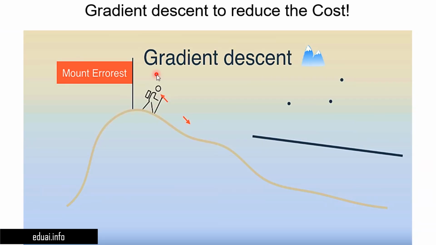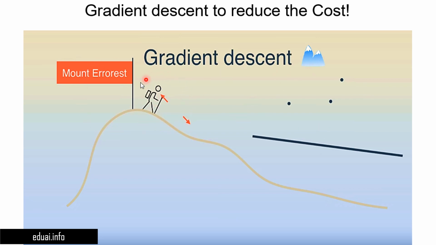Let's understand what exactly happens behind the scenes in the gradient descent algorithm. Let's visualize this for now. Forget about the math behind this. I will explain the math maybe in some other videos. For now, let's just visualize this. As we can see here, a mountaineer is on top of Mount Everest. So this mountaineer wants to go down, he wants to descend this mount. As he descends this mount, the error gets reduced. So that's the basic idea behind gradient descent.